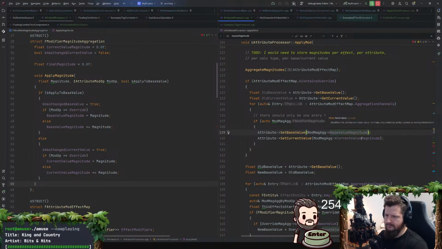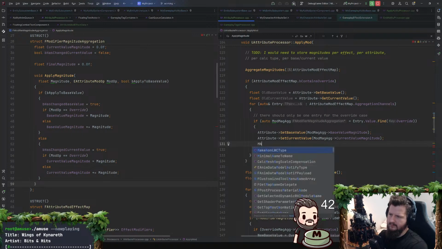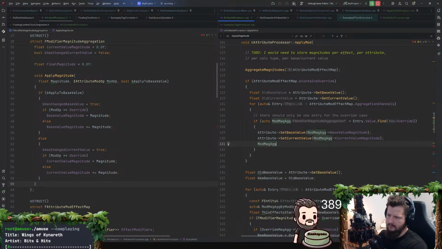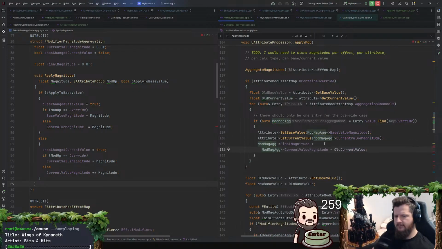First of all, it would be that. And then mod mag final magnitude would be old current value, would now be the current value magnitude. It's like, what is the point of base value here then?